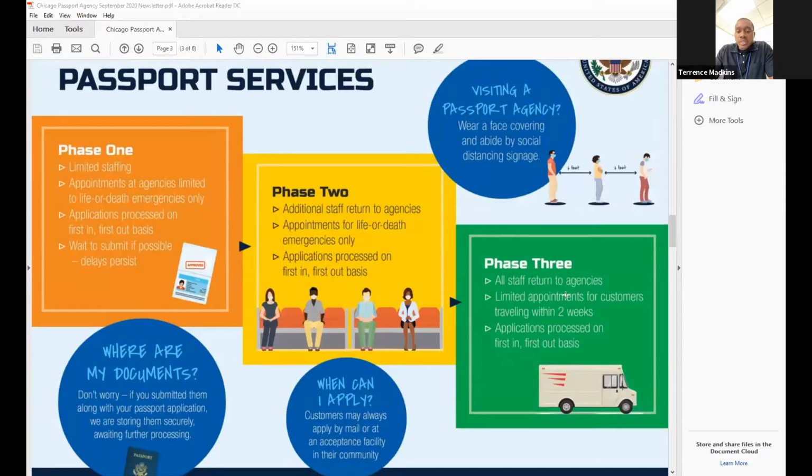We're still not accepting expedited because we're only working on life or death cases and the lockbox applications that we have in our agency. But we are definitely working really hard to get the backlog to a current date. A lot of us, especially management, have been in the agency since June working on applications and life or death cases. So